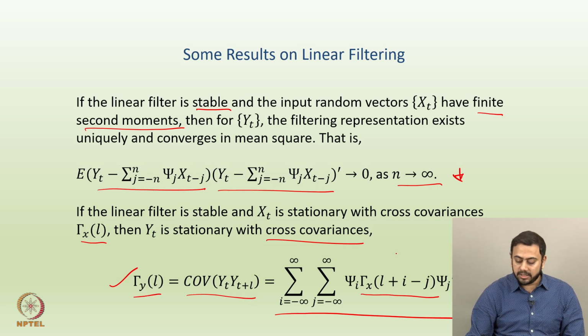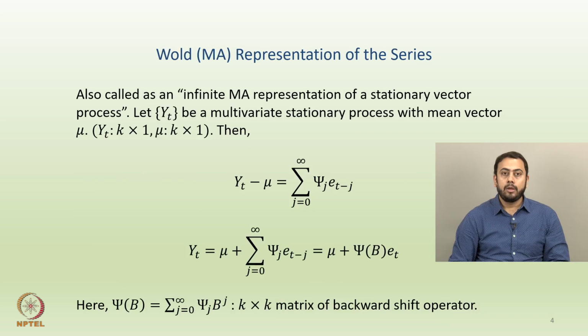Okay. So this is not that easy a structure, I'll say, but nevertheless it defines the cross covariances among the random vectors comprising yt. These are just some results on linear filtering. So, for example, when can we say that the filter exists uniquely, or when does the filter converge in mean square? And further, how do you find out the covariance matrix or the cross covariances, and so on and so forth. Alright, so now we will slowly transition on a slightly different trajectory by defining some models.